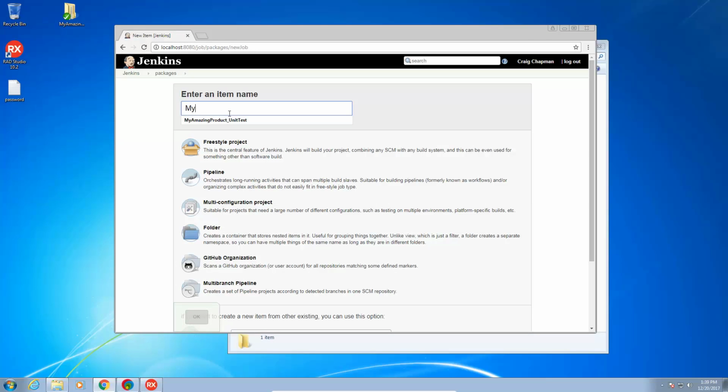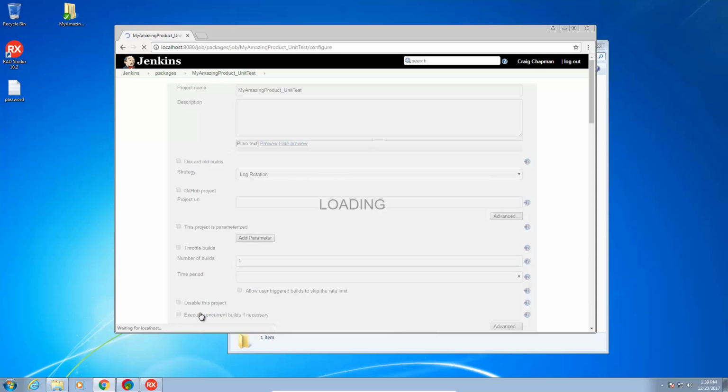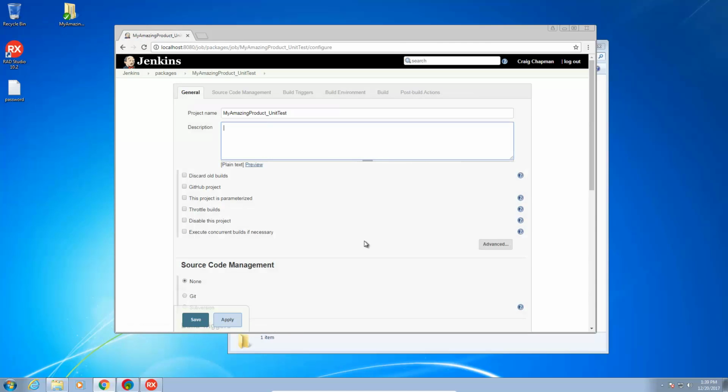This is going to be the my amazing product _ unit test script. So this script is for building the unit test for my amazing product, and I'm going to select a freestyle project here and click OK. Now I could go ahead and give my project a description. This builds and runs the unit test,